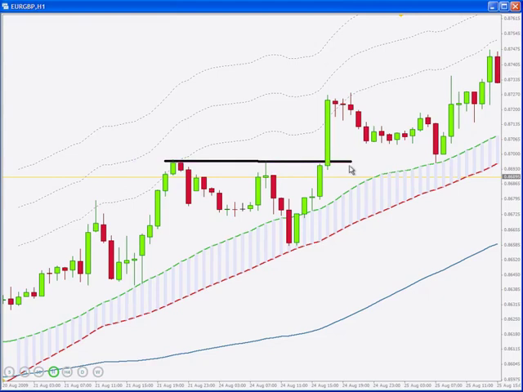So we project that line, and sure enough, as the momentum on that swing dies out, price begins to turn around and retraces back down to retest the breakout levels right there. And rather conveniently so, it also happens right off the dynamic area of support and resistance, which, hey, again, it's another plus. So as price comes to retest that level, we simply wait for the first candle